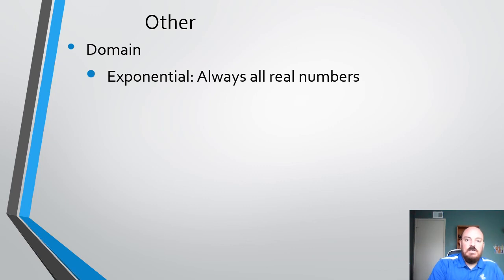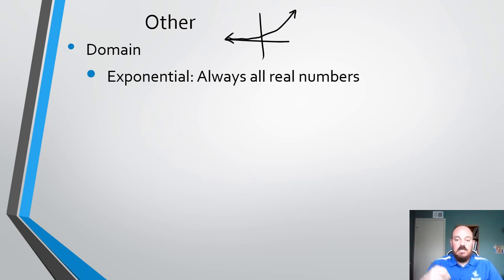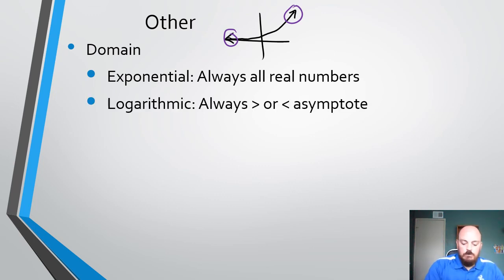If you think about what an exponential graph looks like, x can be anything because it goes forever this way, it goes forever that way. You put any number in for x, it's going to work. Now, a log graph, that's not true for. So for a log graph,